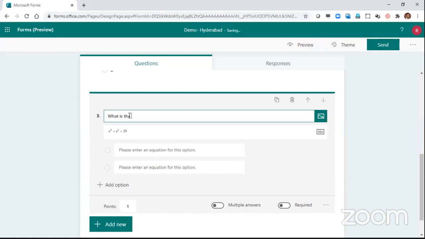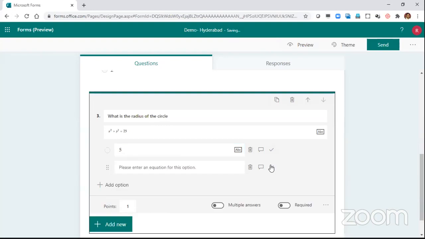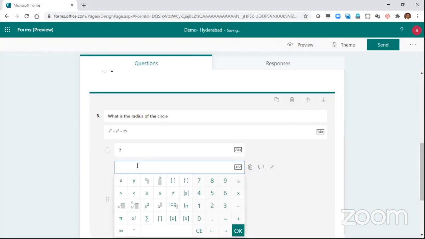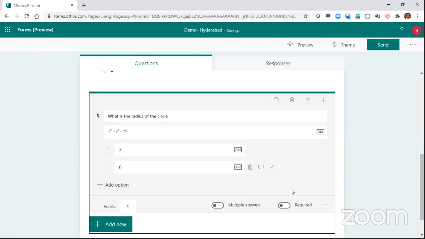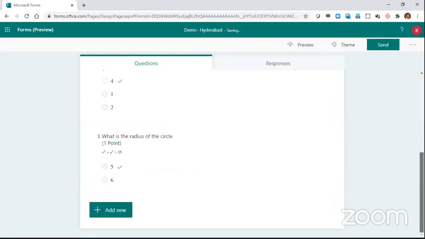What is the radius of the circle? Something like that. x square is equal to 25. So you can give the answers here. You can just type in 5 and whatever, 6. So we know the answer is 5. So just click on that. So yeah, you can add math equations directly from here.